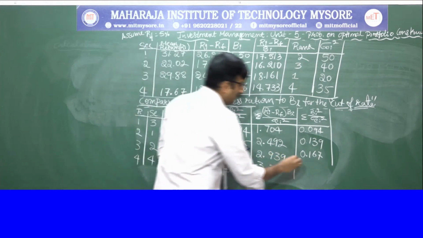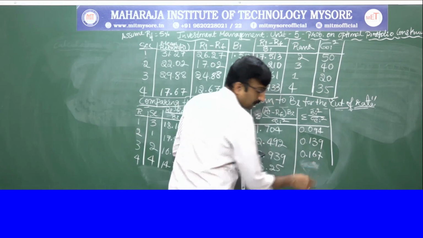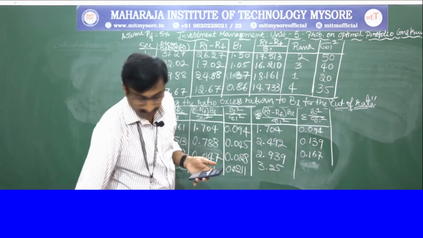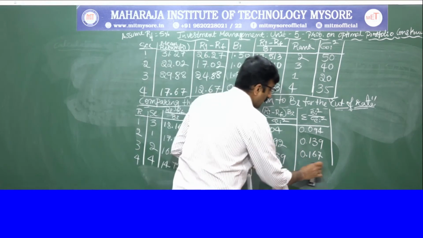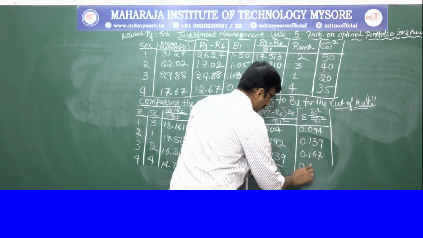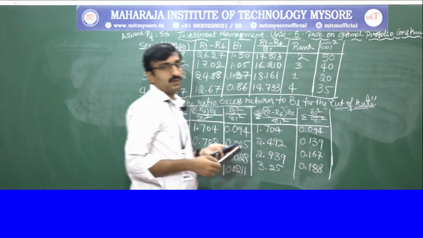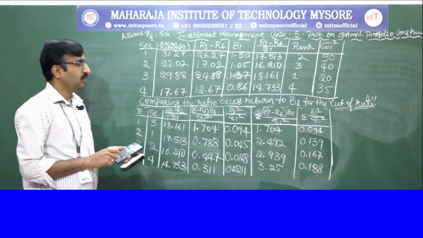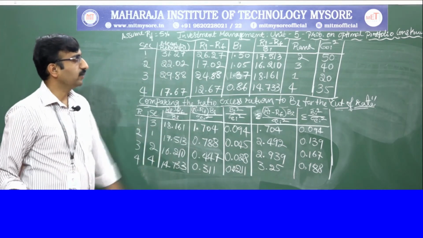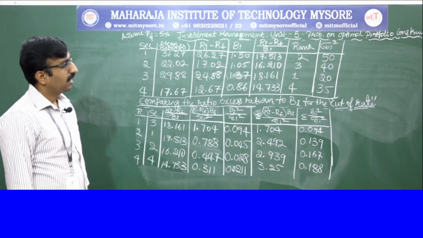You will get 0.188. Okay, this is called calculation of cumulative Ri minus Rf into beta by standard deviation Ei square, and then